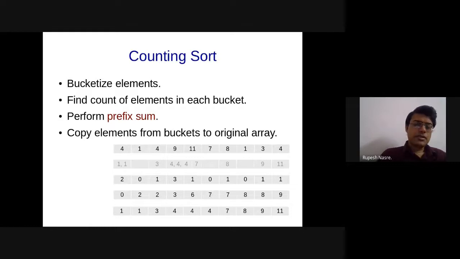The algorithm is that you are given n numbers, you create a large array, and you just set A of I equal to 1, where I is the number that you are looking at. And in the end, you go over this array and just output the elements wherever there is 1. Vasu says it is order of max element rather than order of n. Any other suggestions? Okay, so indeed it is order of max element.